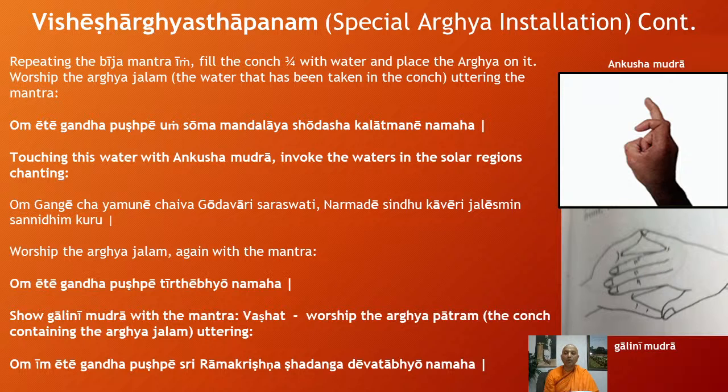Om Ete Gandhapushpe. You know the vowels, that first u, not the dirgha, it is the hraswa u. So to that you make it nasal by adding a dot on the head. So that is the way you have to pronounce it. There we have written in English the nasal yam. It is not elongated, it is not dirgha. That is the bija mantra pronunciation here. So I will repeat it again. You can repeat it after me. Om Ete Gandhapushpe